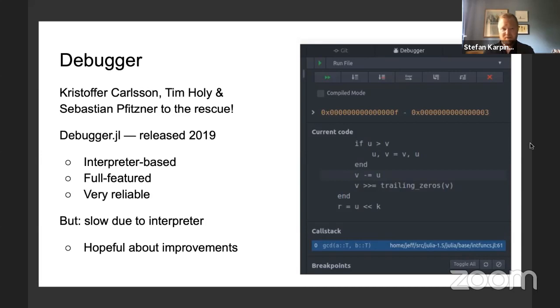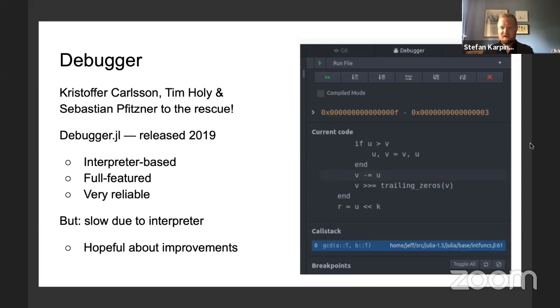The big problem with it is just that because it's based on an interpreter, it's pretty slow. So if you have to run a lot of code that is computationally intensive, or even just does a lot of I/O, to get to the point where you want to be debugging, that can take a really long time. And so that's a stumbling block for a lot of people. But we're hopeful about ways to improve that. We're trying to schedule a meeting next week of the people who have their fingers in this pie, and hopefully we'll make some progress.